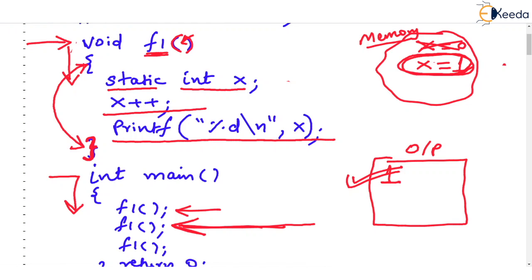That means we are calling the same function again for the second time. Okay, let's see what happens when we are in that function for the second time. When the function starts for the second time, it reads the first line, static int x, obviously. But now this line, static int x, is simply ignored during the second execution. This line is simply ignored.